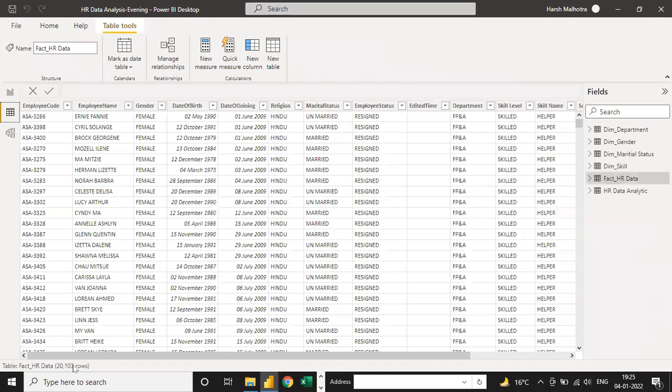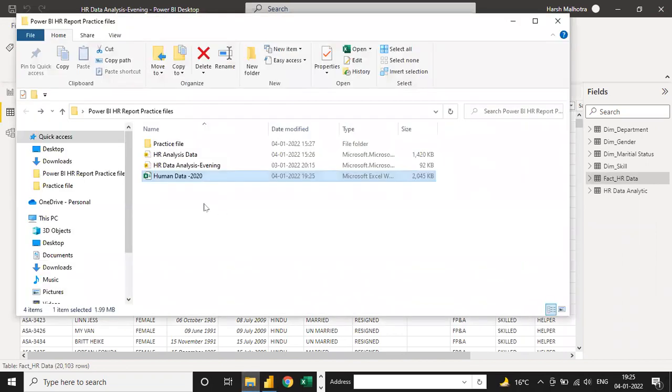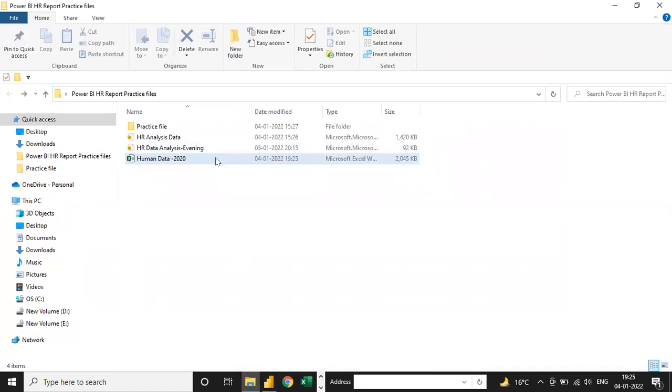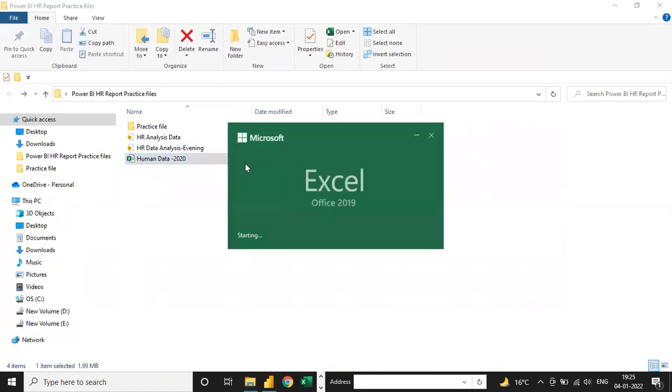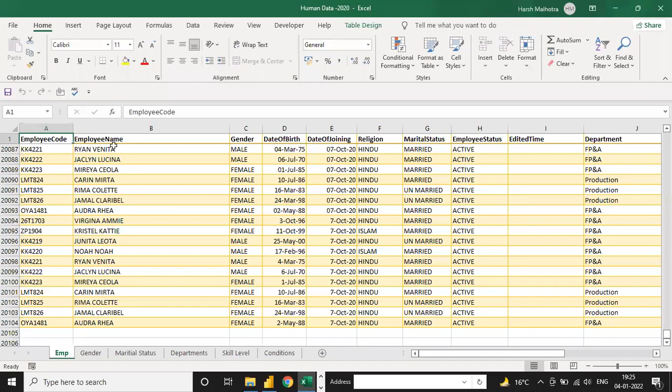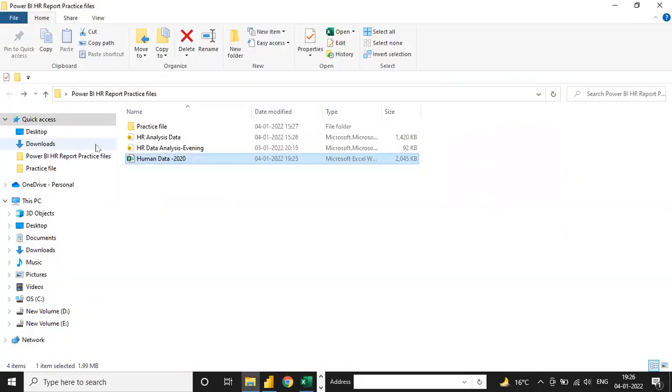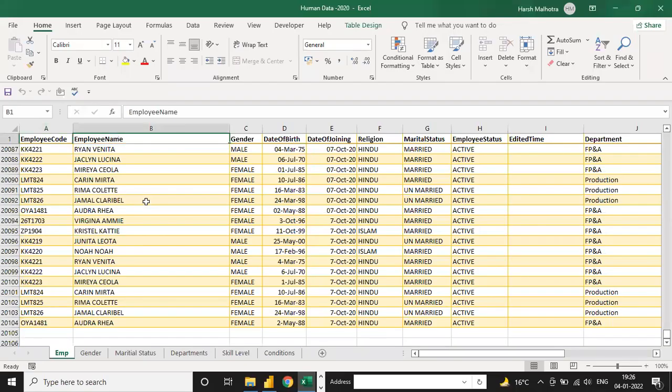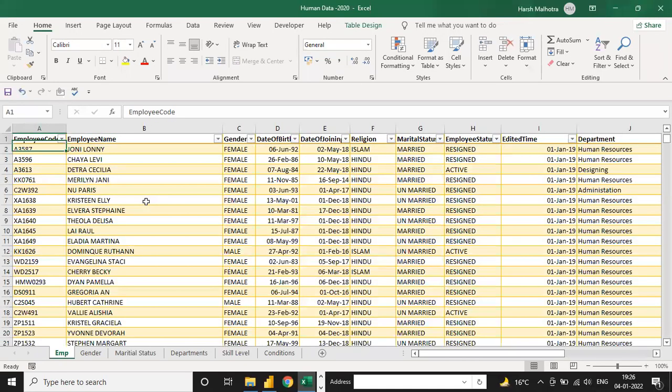Okay, so every time you don't have to go to this Power BI and make the connection to the file. You can directly go to your backend file, update the data in the backend sheet. Okay, in the backend sheet or directly in the server, and then the report will be refreshed automatically. So this sheet is the backend sheet. This connectivity sheet is always a backend sheet. If you connect any file from the server, the server is the backend sheet.